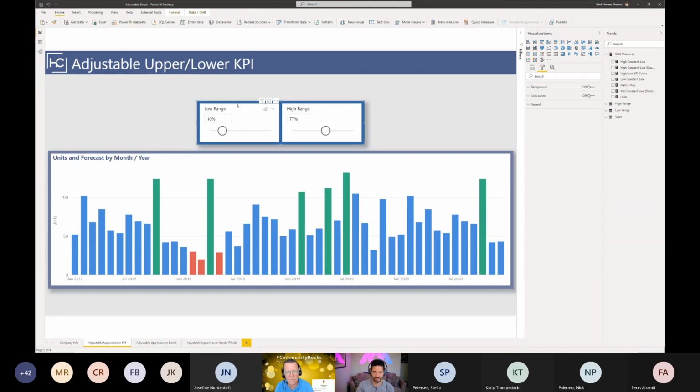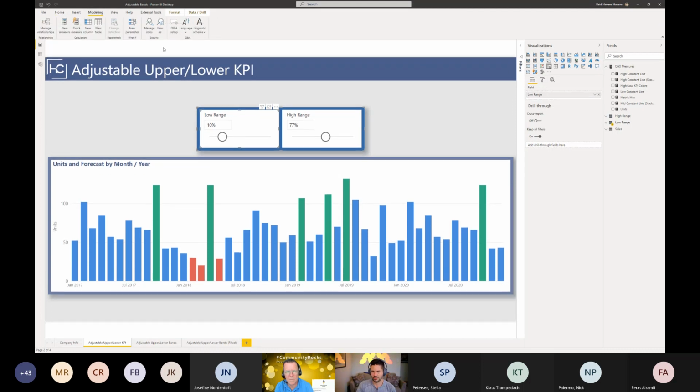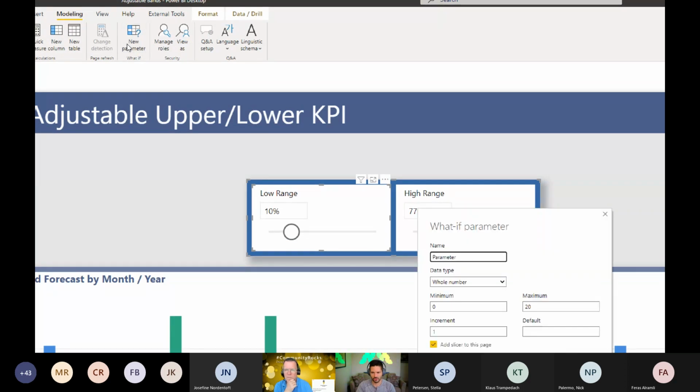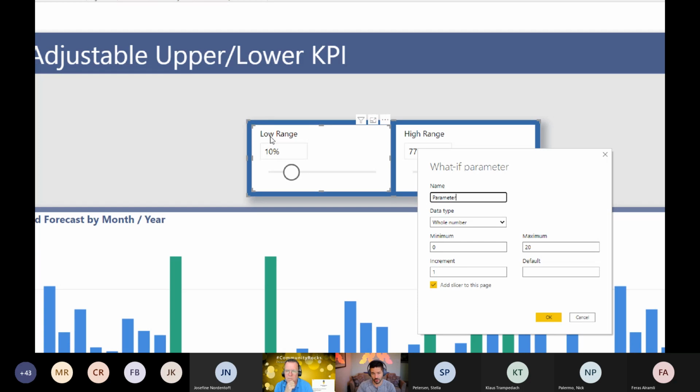So these, if you've not used it before, are actually using a feature in Power BI called What If scenarios. Essentially, this creates a disconnected table that you create a range for. In this case, I created two: a low range slicer and a high range slicer. All that was is between 0 and 0.5 as a decimal, with an increment of 0.01, which is 1%. I want my low range to be between 0% and an upper bound of 50%, with an increment of 0.01. So that's how I created each of these.